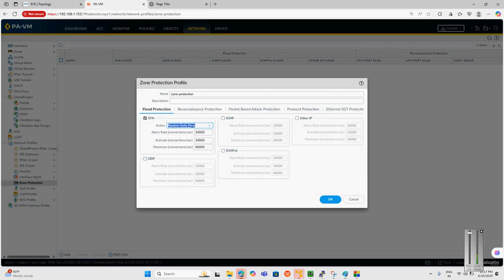If you see here, it is showing alarm rate, connections per second. So when we get 1,000 SYN packets per second, we will get